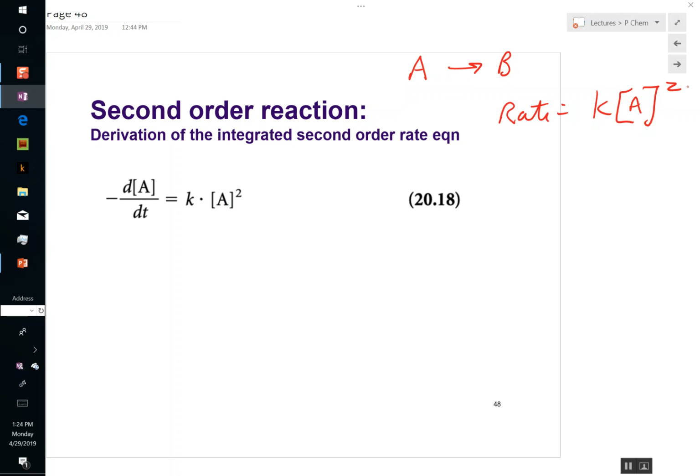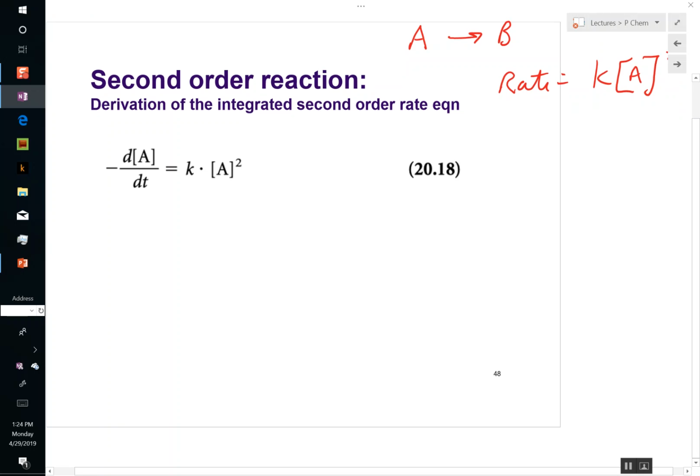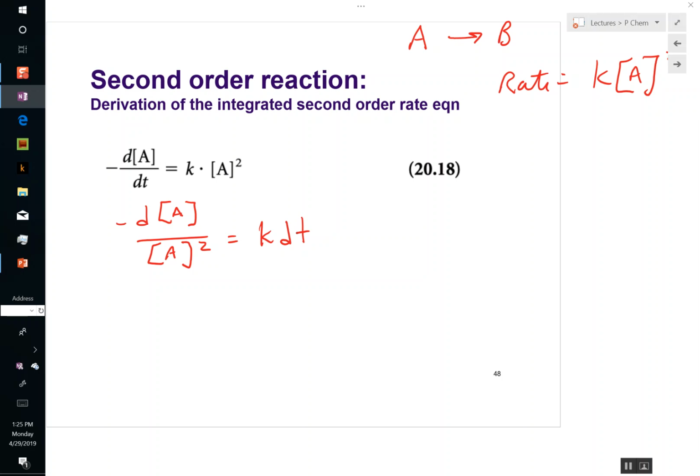So if we just do what we did on the first order reaction, get all the A terms, all the concentration terms on one side, we end up with this. And if we integrate this,